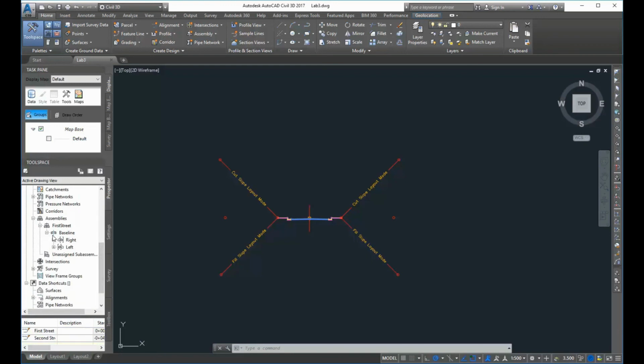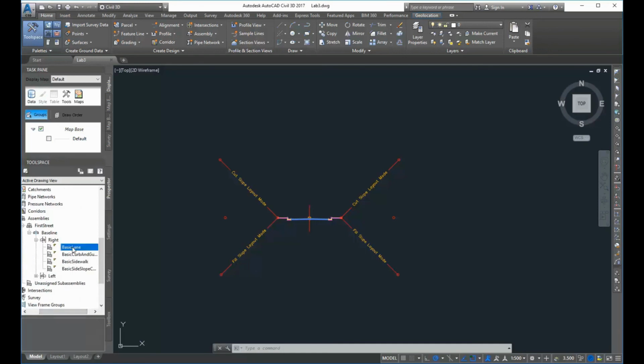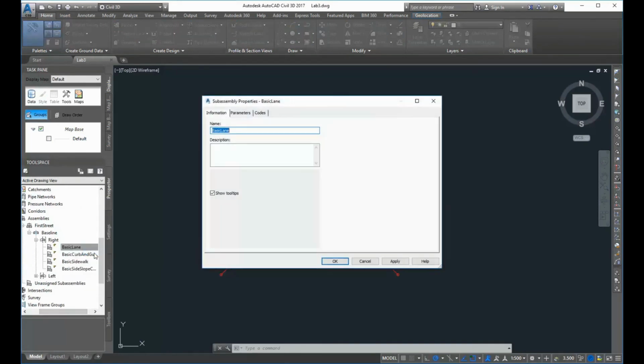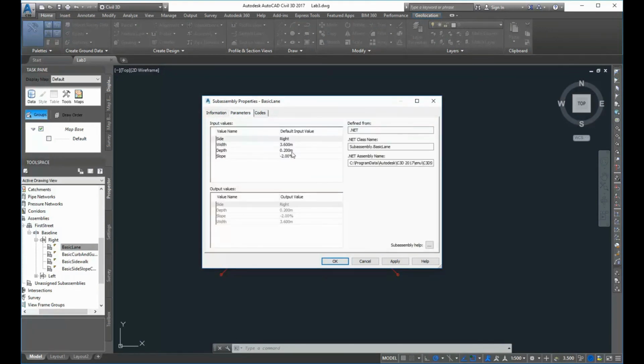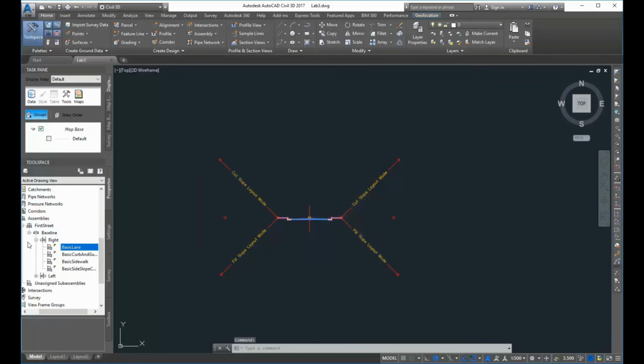the assemblies are stored in Prospector for Street, and you can see the pieces, right? So the basic lane, each of these have properties that I can also change the parameters in here, as opposed to double clicking and going to the properties menu. So anyway,